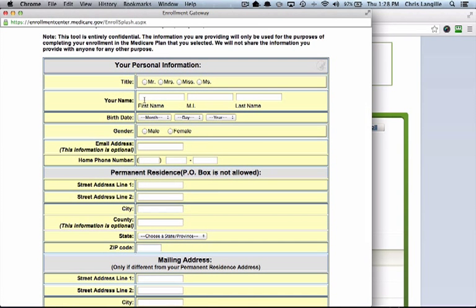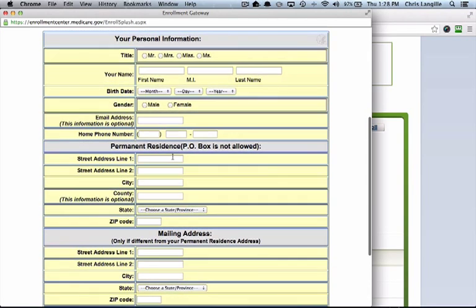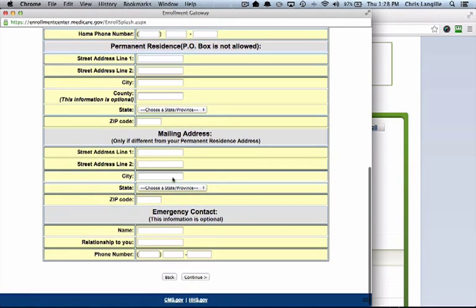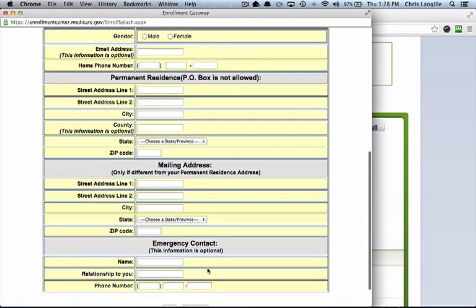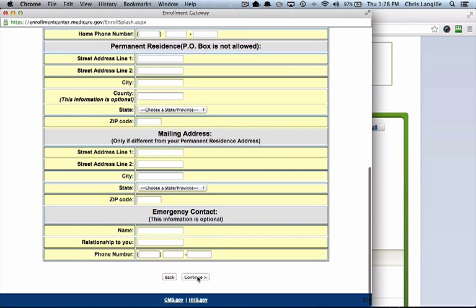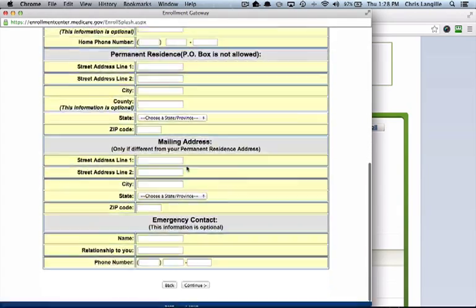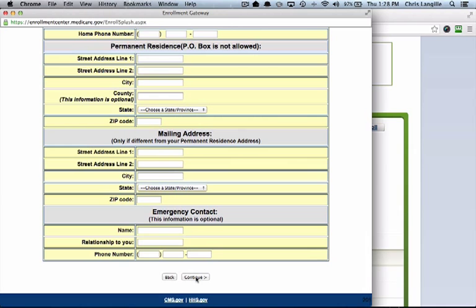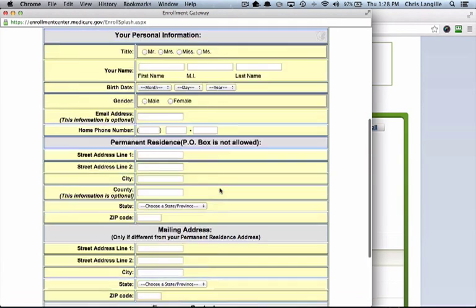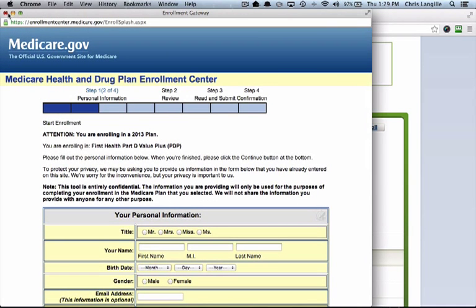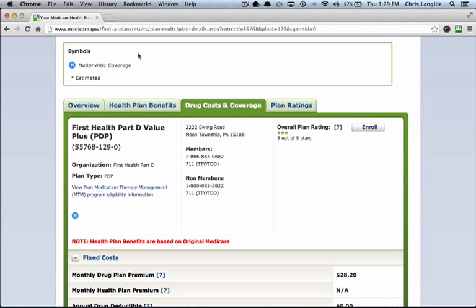From here, the basic information, name, date of birth, gender, Medicare number, phone number, address, all that stuff. And we're going to kind of stop the tutorial here just because I'm not old enough to enroll. So I don't want to put in a bogus enrollment. But from here, there's only a couple more screens. You click another button and you're enrolled. Medicare will enroll you in the particular drug plan that you selected, and you'll get a packet in the mail from the drug plan within usually